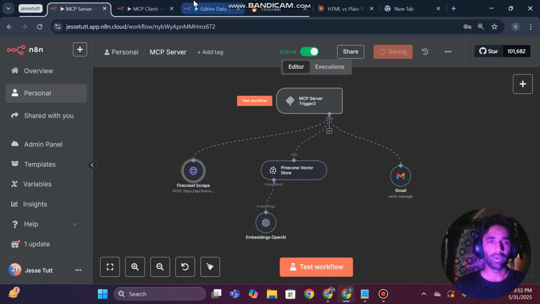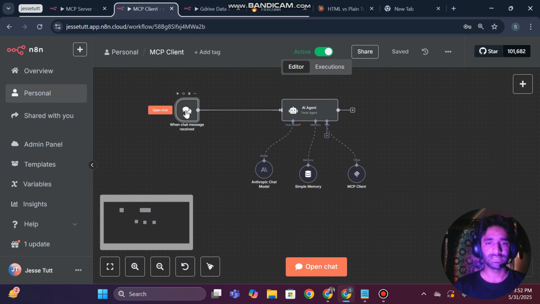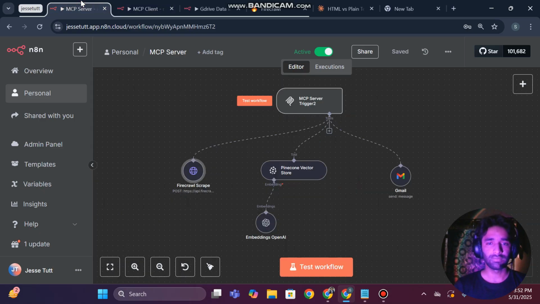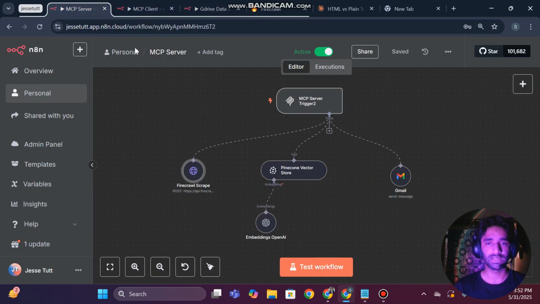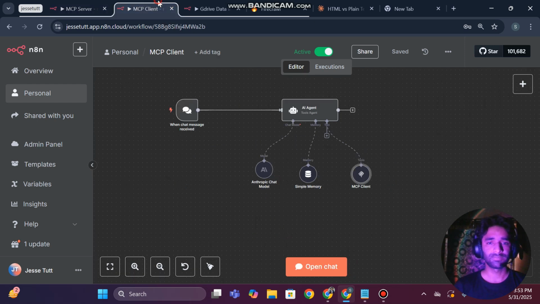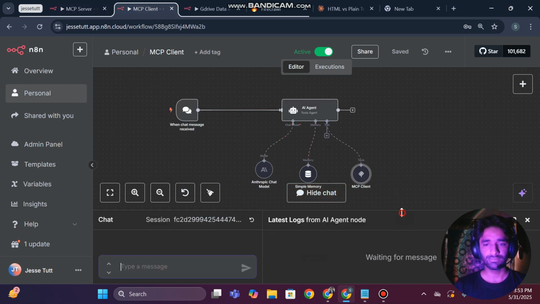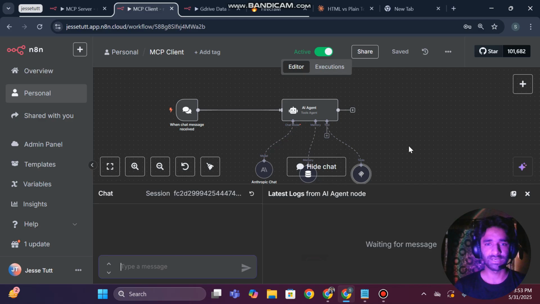Okay. So if I start from here, we have this minimal simple AI agent which is connected with this MCP client, and then further this will communicate with this MCP server. So first let me give you a demo, and then I will explain everything in depth, and will create all these two workflows from scratch for you, and will also give you these as a template so that you can utilize. So if I start from here, we have this chat functionality,